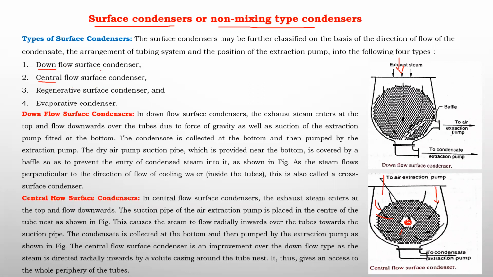If you observe the explanation of the downflow surface condenser, once the steam enters here, all these small circles are nothing but the tubes. Within those tubes, water will be circulated, and there is a baffle here. And here there is an air extraction pump. Without the baffle, if I place this air pump here, all the steam will be directed like this, because a vacuum will be created here. Once it creates vacuum, all the steam will start moving towards the right side without falling down, and will be directed towards outside.